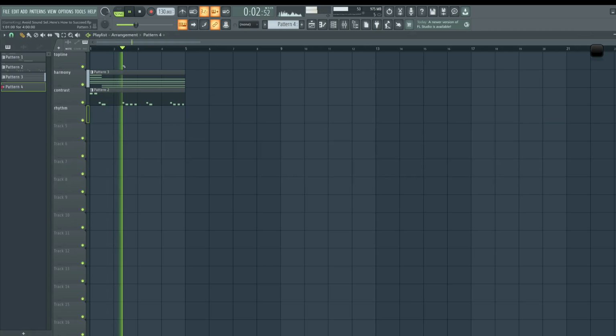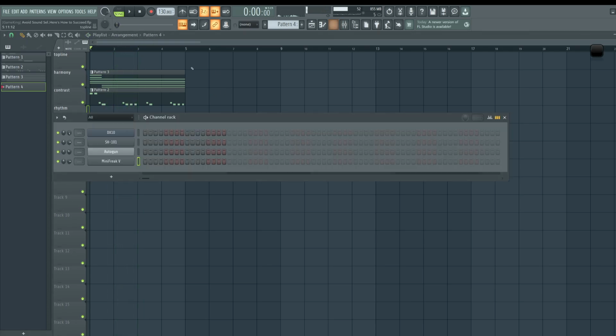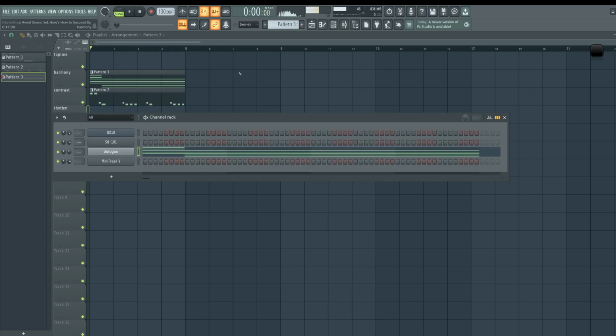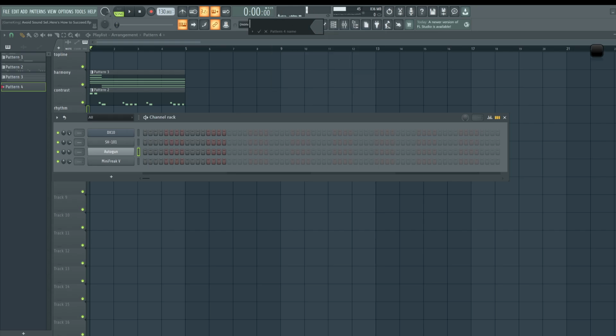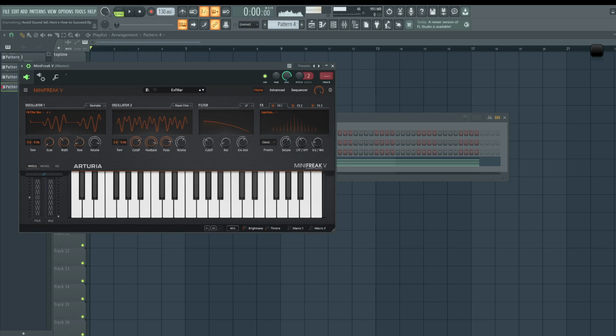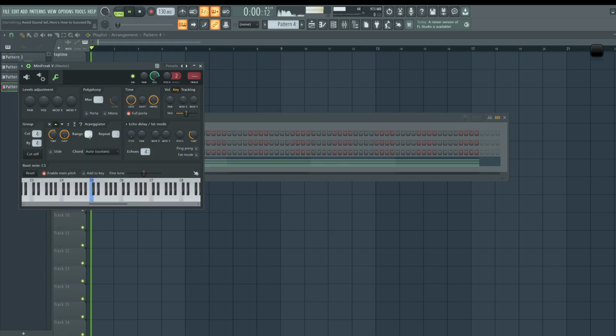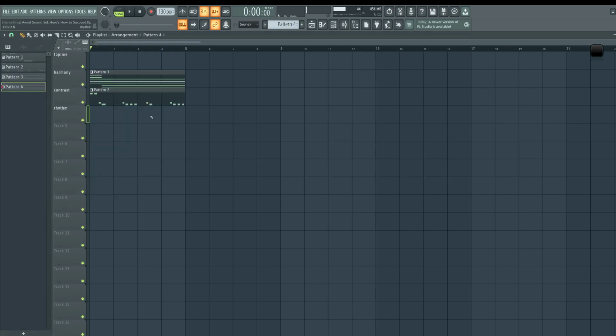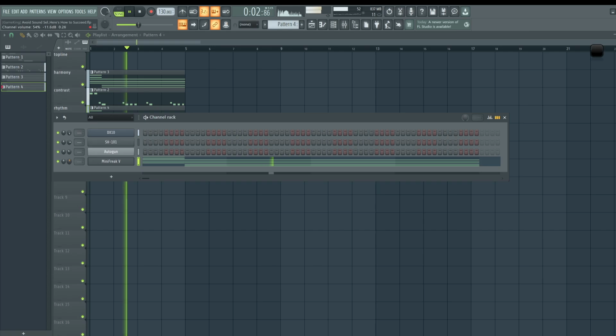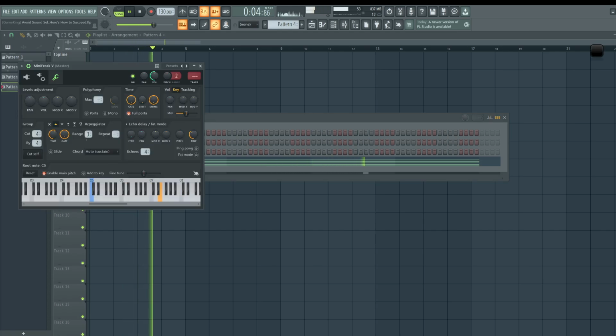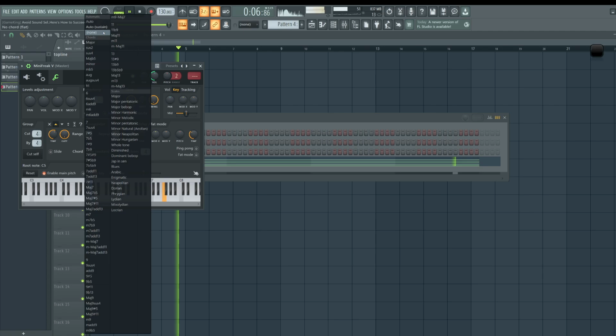Mini Freak can also be used as a... Okay, so now what I'm going to do is take the chords from Autogun. We're going to go over to the Mini Freak plugin, and we're going to try some stuff like arpeggiating this sound. Okay, going up 3 octaves to give this a rhythm. And we can also do the chord type.